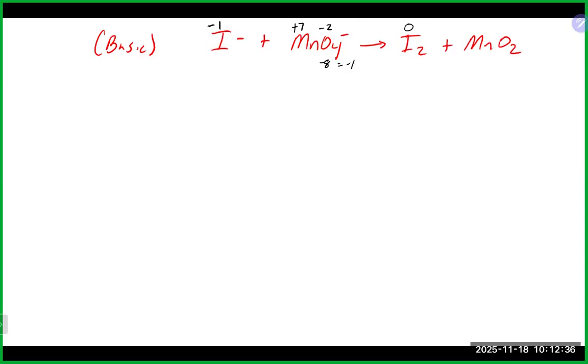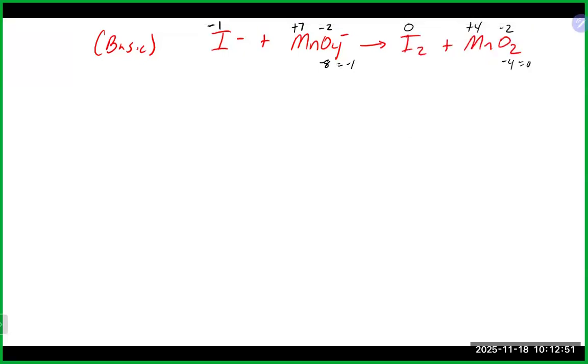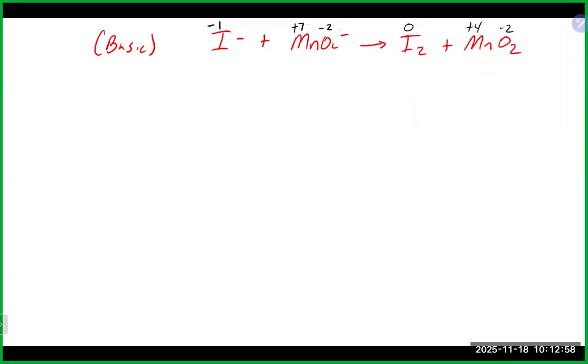The I2 is in its natural state, so that is 0. The oxygen here is -2. There's 2 of them, gives you -4. That equals 0 since it's neutral, which means we're looking at a +4 in this situation. So if we look at what is happening on each side here,